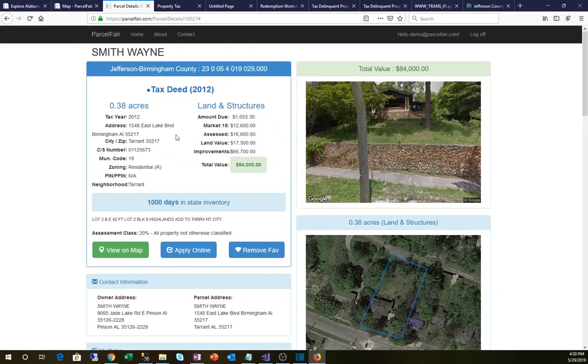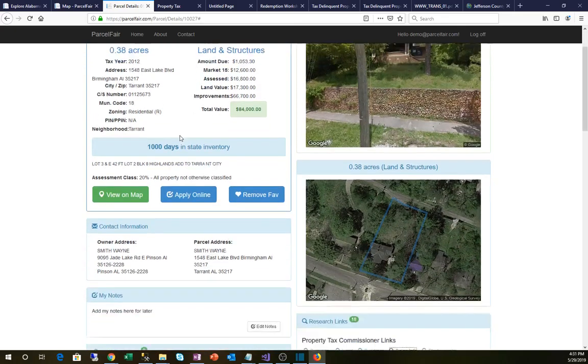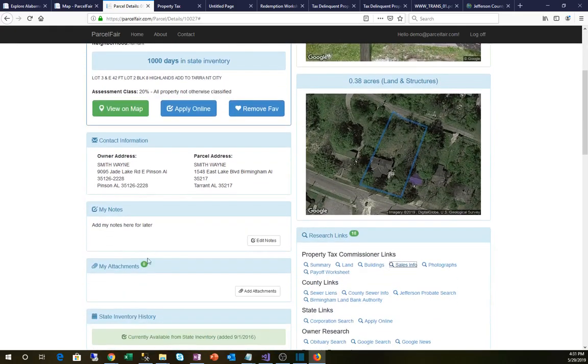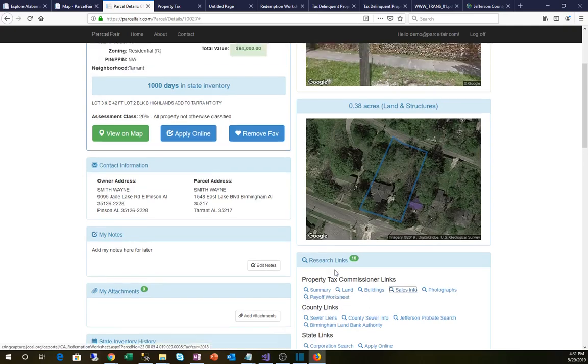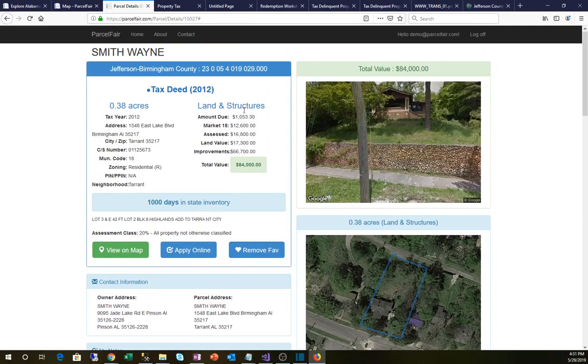So there's a lot going on here, but it's a very useful screen for tracking your information, your attachments, and your notes, and also checking out other sources that will tell you more about the parcel before you spend any more time on it. And this is a good time to note that I would never recommend putting money into